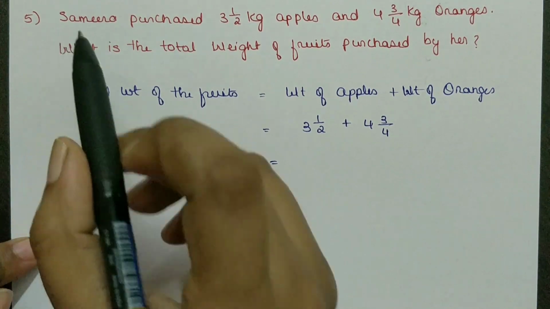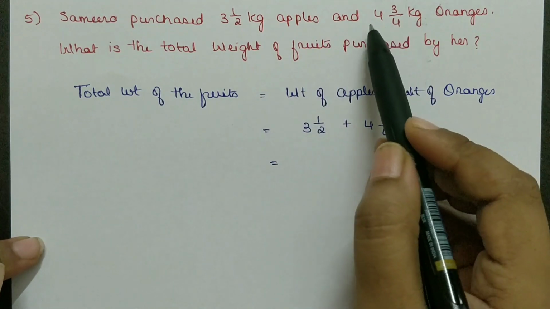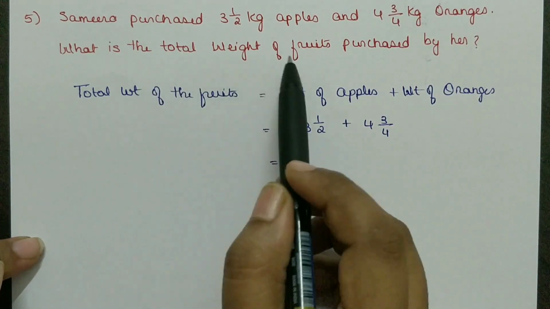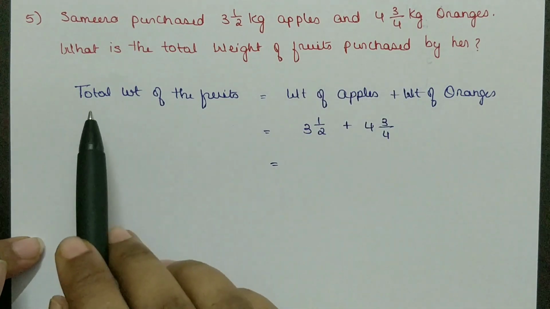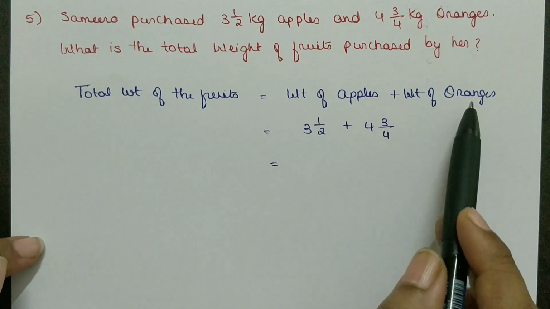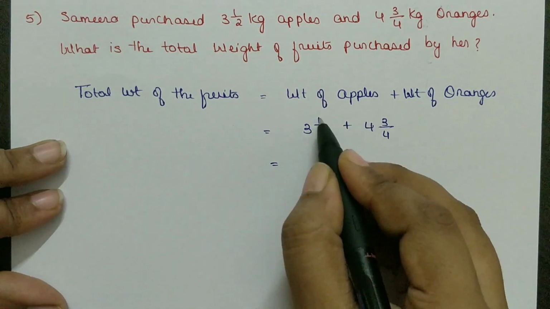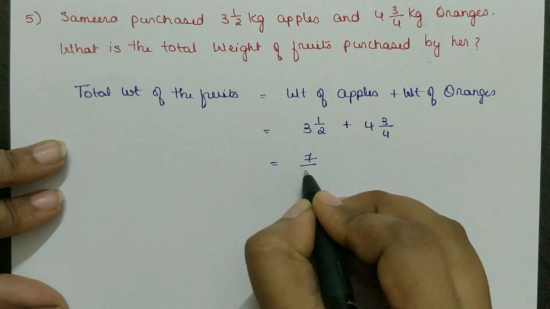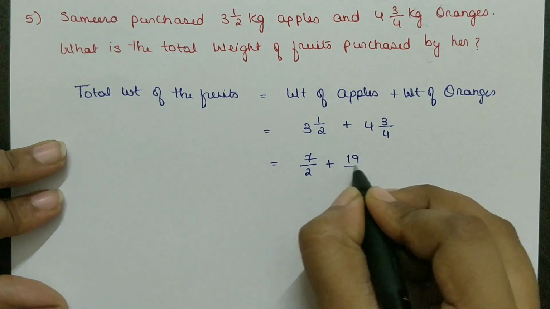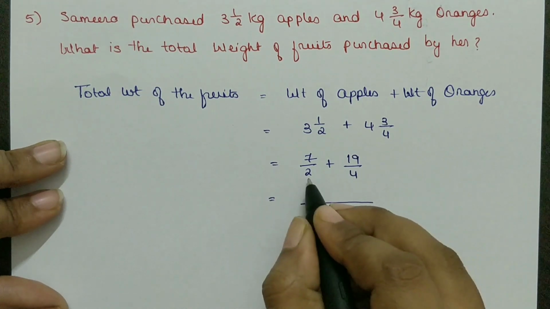Fifth question. Samira purchased 3 1 by 2 kg apples and 4 3 by 4 kgs oranges. What is the total weight of fruits purchased by her? Total weight of the fruits equal to weight of apples plus weight of oranges, equal to 3 1 by 2 plus 4 3 by 4, equal to 7 by 2 plus 19 by 4, equal to LCM of 2 and 4